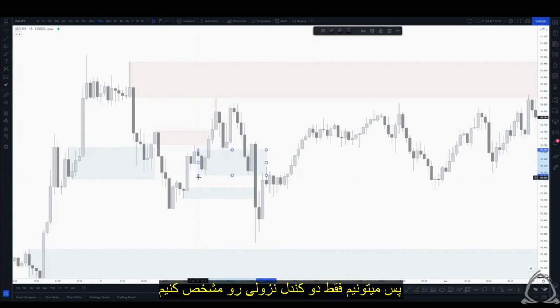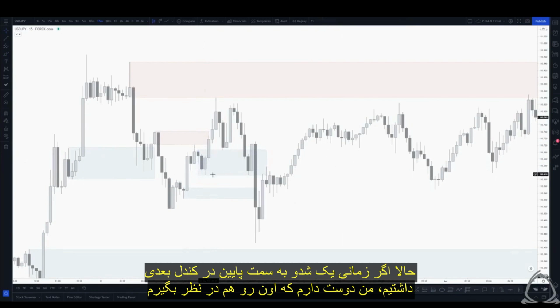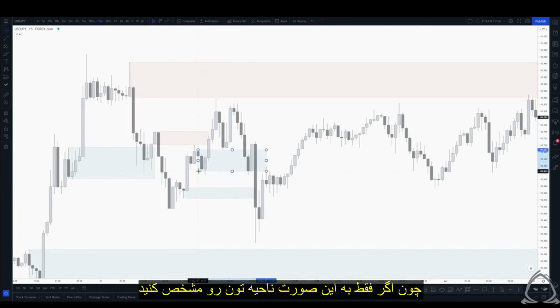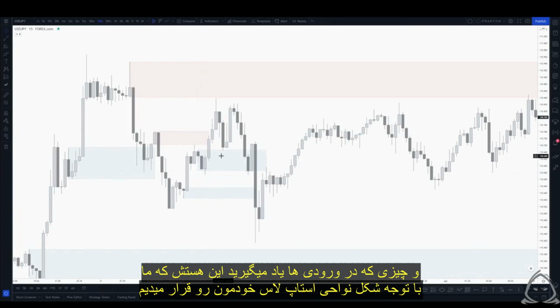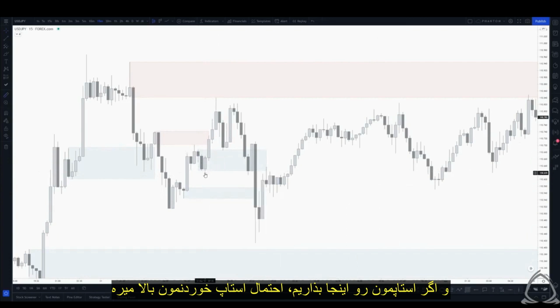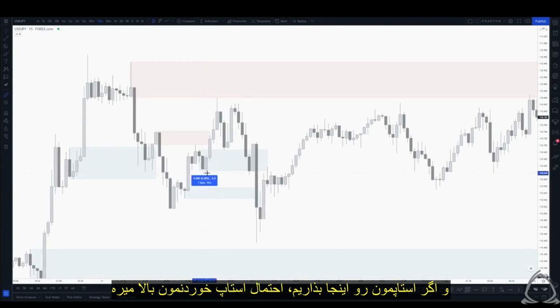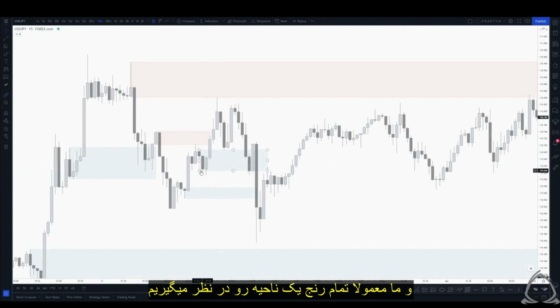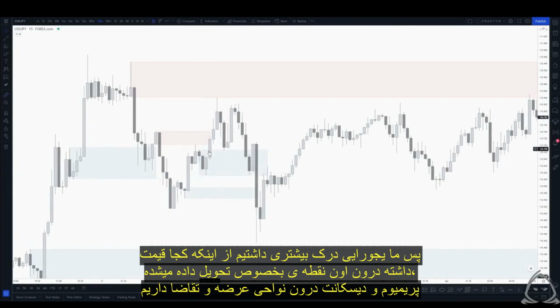So what we can do is just map out the two bearish candles. Now, if we have an instance where there's a lower wick on the next candle, I like to also include that, because what you'll learn in entries is we start to put our stop losses based on the way the zones are positioned. And if we have our stop loss sitting here, the chances of getting stopped out end up being a little bit more increased, and we want to make sure that we're including the entire range of a particular zone, so we kind of have the